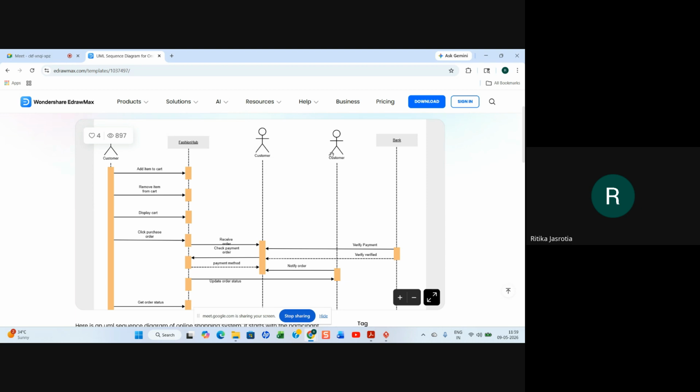They have created three customers here, but you don't require to create three customers like this. Only one customer object can be created, and a bank database.